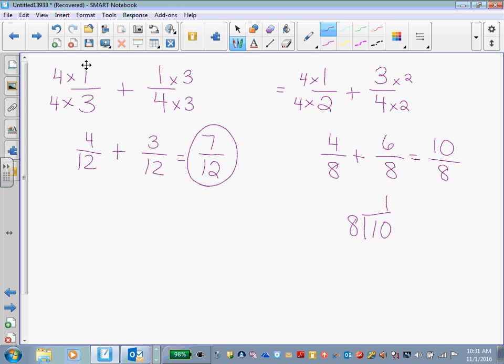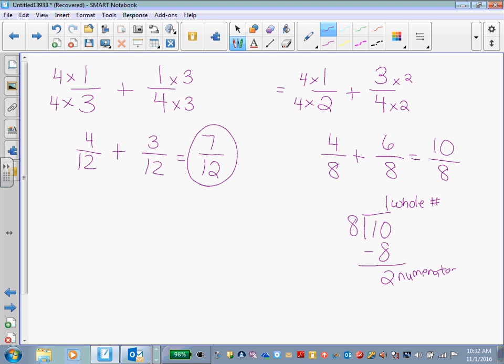So then you would put the 1 down, and then you would subtract 10 minus 8, and you would get 2, and then you would put 2 over 8,